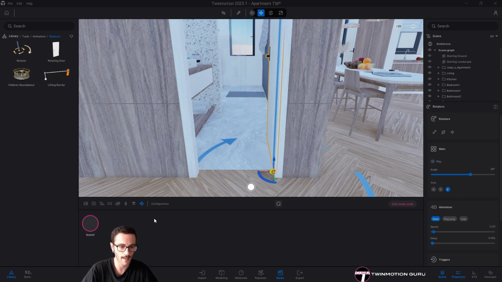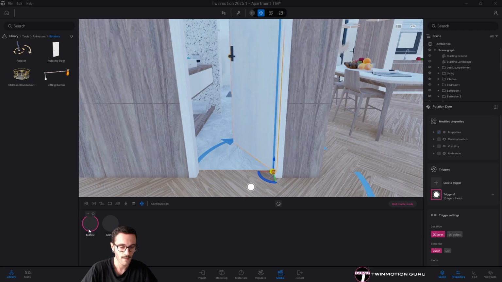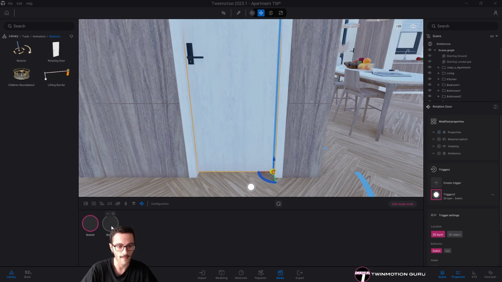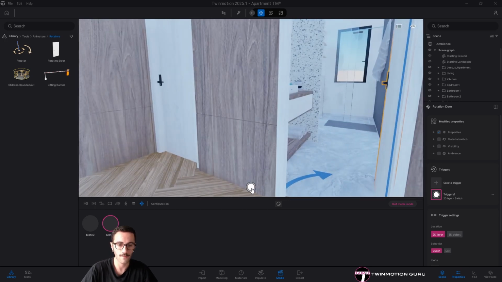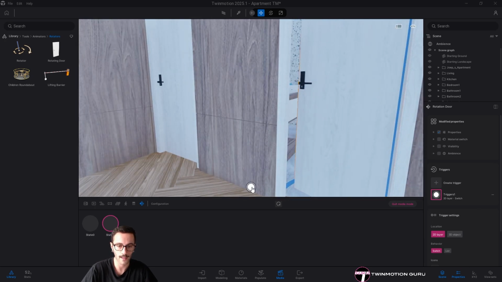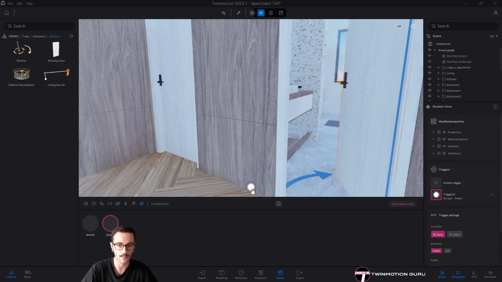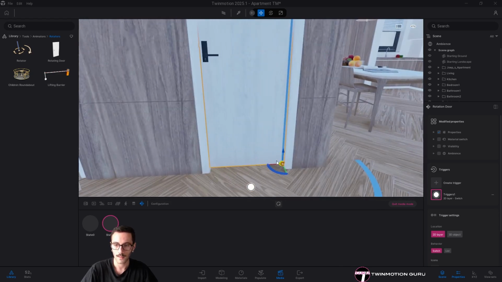So when you click on the play inside the media, then you click on this little icon. By clicking on this, on the first state, the door will be closed, and on this, the door will be opened. Okay? The same thing applies if you click on this simple icon here. So by clicking here, the door will open, and by clicking here again, the door will close. Or of course you can rename them. Maybe this one will be the close. This will be the open.